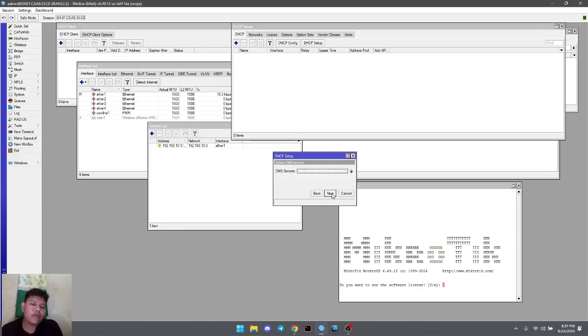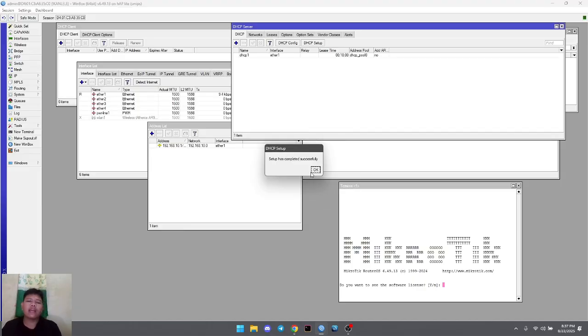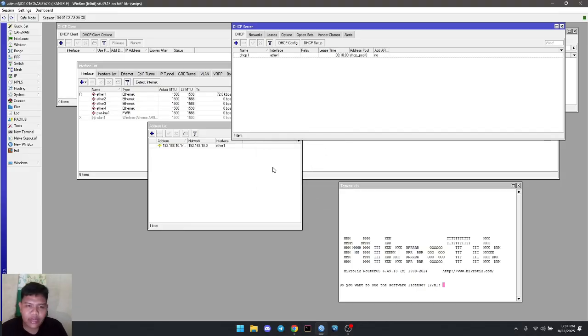Then for the DNS server, you can give Google DNS or Cloudflare DNS, 1.1.1.1 or 8.8.8.8. Then next, I don't give any DNS, sorry. And then we finish the DHCP server setup.